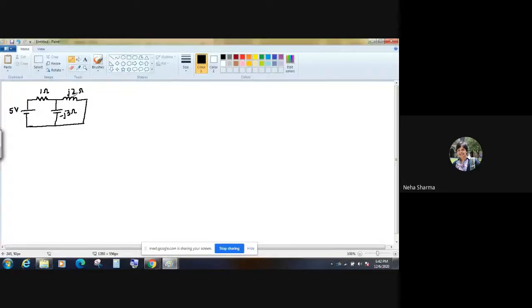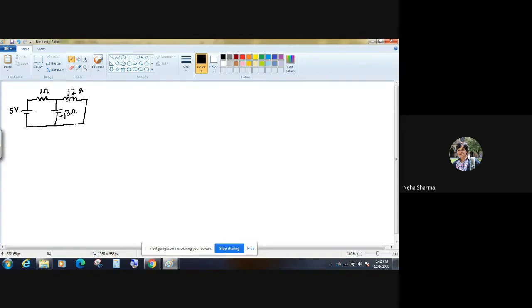If you have any problem, you can always put that problem in the comment. I'll try to solve it. So I am assuming here this is 1 ohm. This is J2 ohms, and this is negative J3 ohms. Now you can see that instead of giving L and C, the values of XL and XC are given. As a result, we do not need frequency, because we need frequency only for calculating XC and XL. Again, this can be solved both by KCL and KVL.